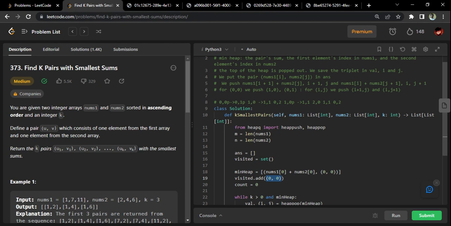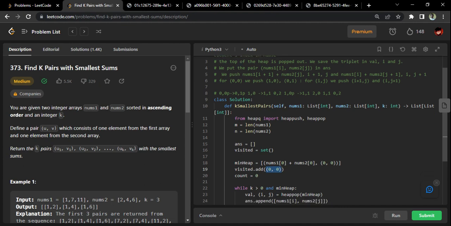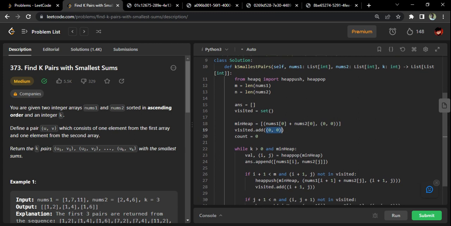Suppose you give the square bracket here, it will lead to an error. The basic idea is that whenever you take a set, you cannot have something changeable in it. A square bracket can't be hashed, right? That's okay, we'll come to that discussion later. But just remember, you have to use round brackets here. If you use a square bracket, you can try it once, you will get an error. Then count we are taking,